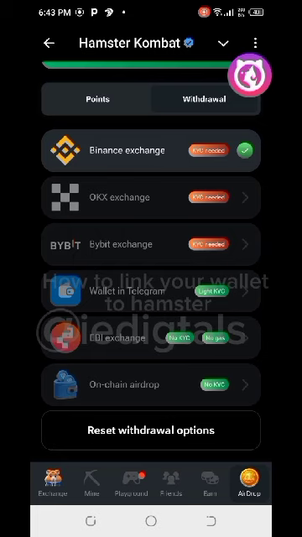Now this does not apply to when you've used either Binance or any other exchange. This is the first one we did at that earlier stage, so you can actually change this one. But if you've used Binance or OKX, Bybit, if you've used any of them, you cannot change it again. So I will advise everybody to use either Binance or Bybit. OKX is allowed, but remember, OKX is no longer in Nigeria. Except in another country, you can go with OKX. And also, I won't advise you to use Telegram wallet, okay, for